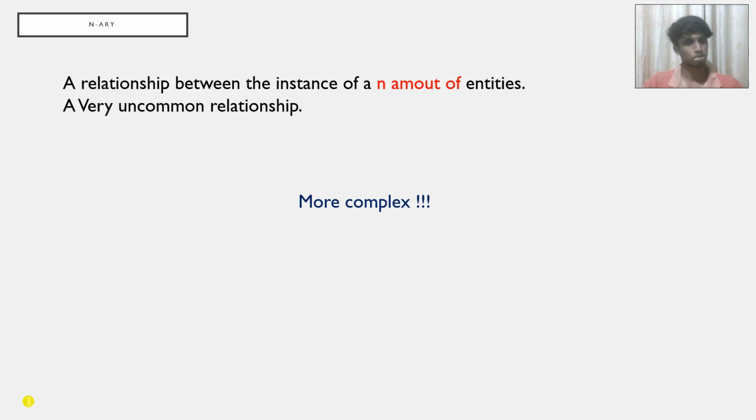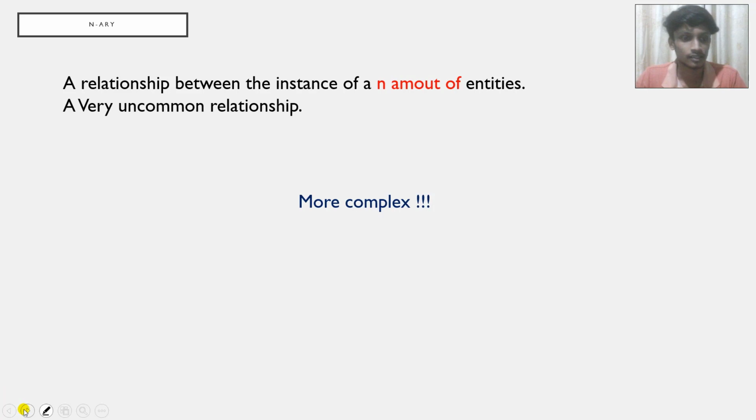So in this case, I don't have an example for that because it is normally very difficult to identify in a real world situation. So maybe you can Google it and find out what n-ary means. I have an idea about what n-ary means, but I am unable to represent it as an example. So maybe Google will be an option.